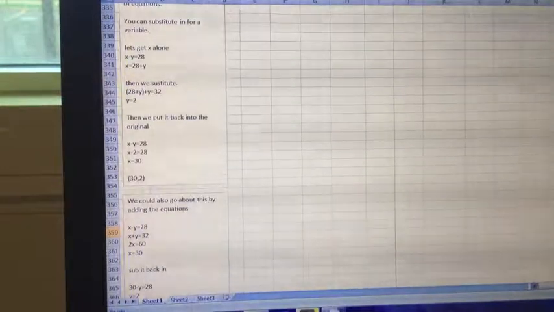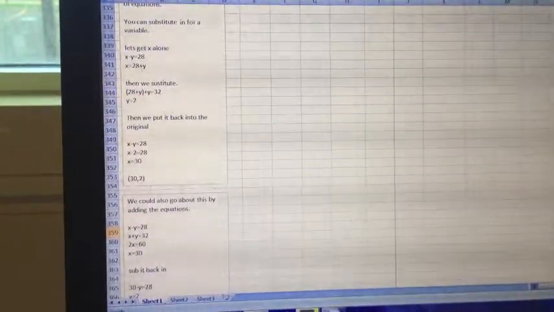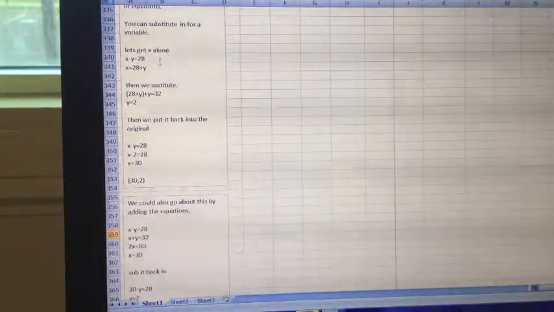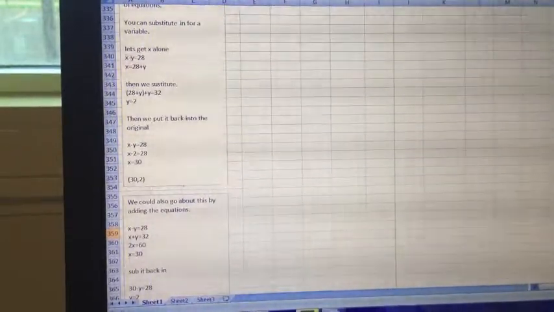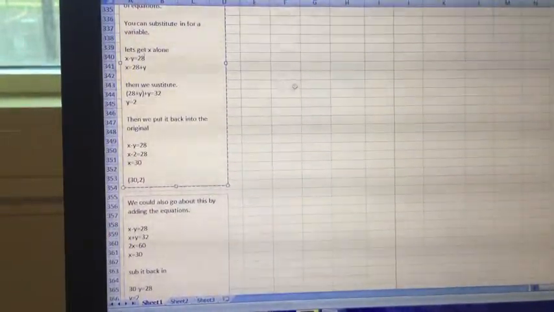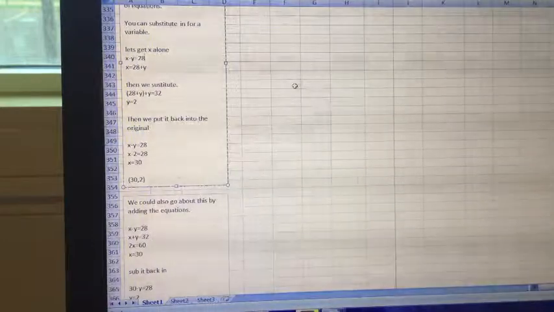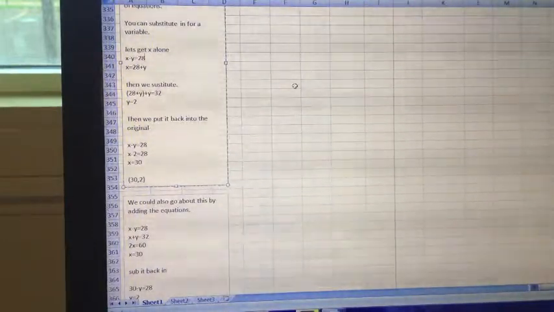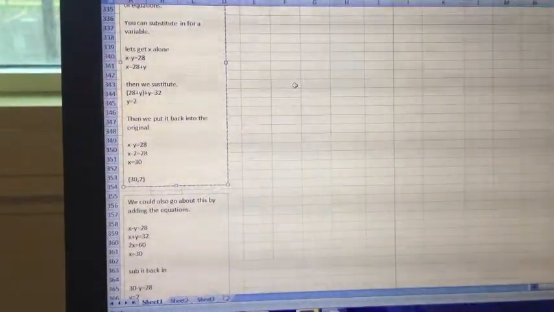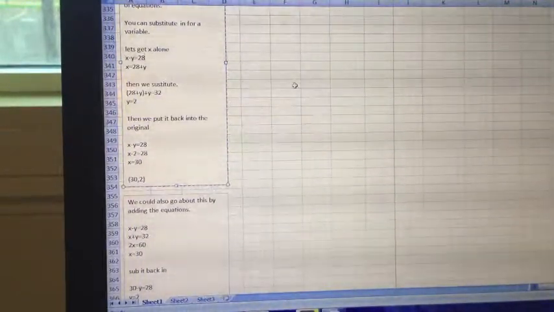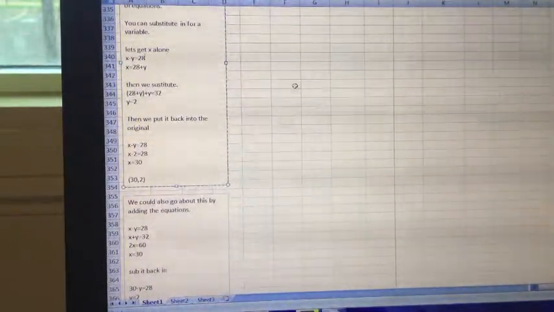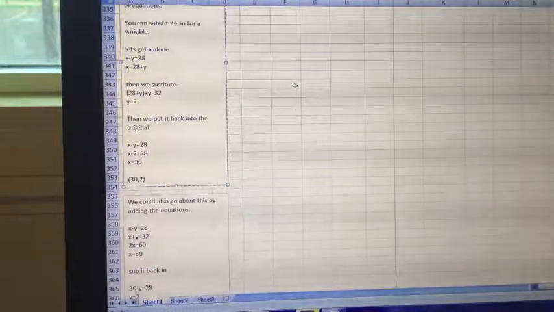So we want to get x alone, so we take our first equation, and it's x minus y equals 28. We take our y to the other side and we leave our x. Therefore, we have x equals 28 plus y. So now we know our x value, it's 28 plus y, and we're going to substitute that into our other equation. So we take our equation x plus y equals 32, and instead of writing x, we're going to write 28 plus y